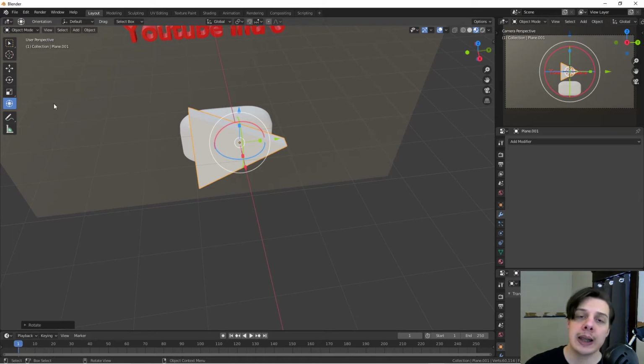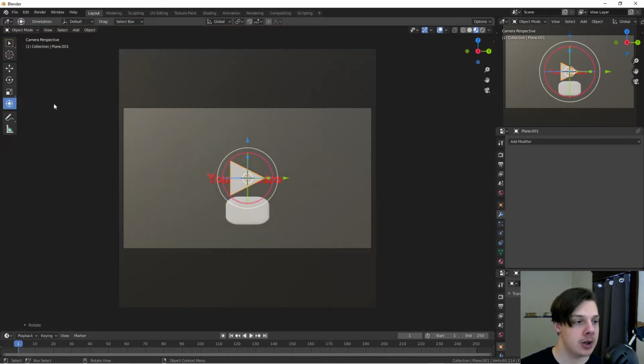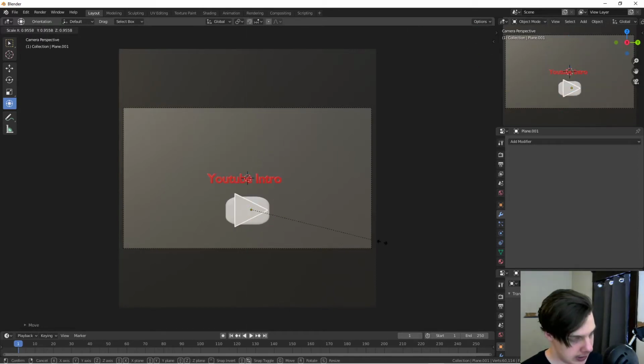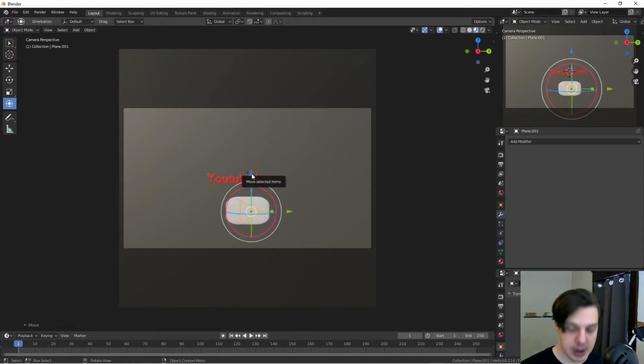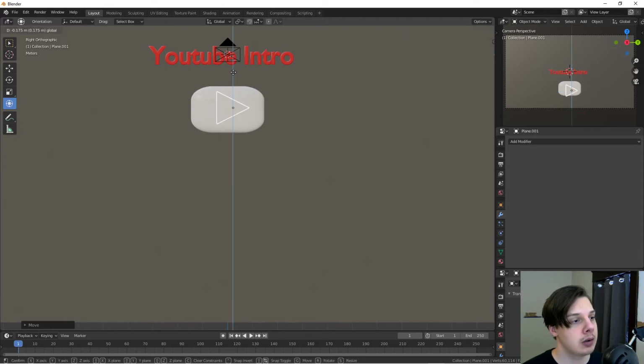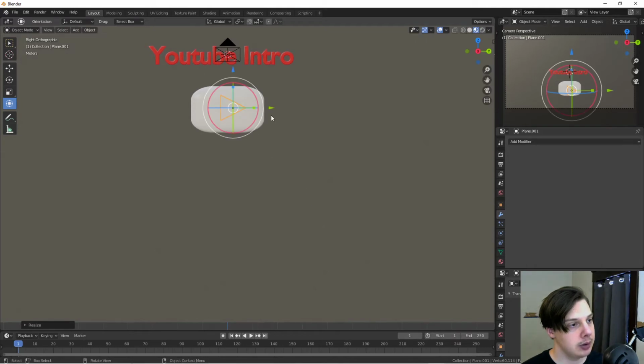Fantastic. Now, the best way to get it lined up with the YouTube logo thing, click 0 so you can just look at this camera and it's a little bit bigger. Now what you want to do is just sort of line it up here. Actually, you probably don't want to click 0. Never mind, I forgot. This is sort of a perspective, so instead click 3. There you go. And 3 is just a side view, so everything is fairly accurate with how it looks and